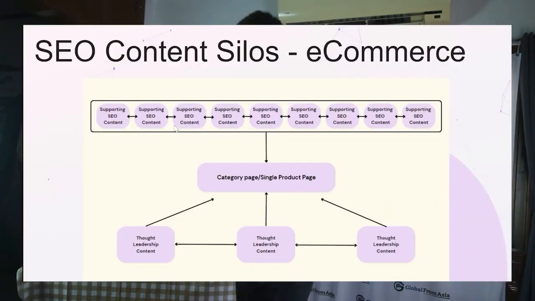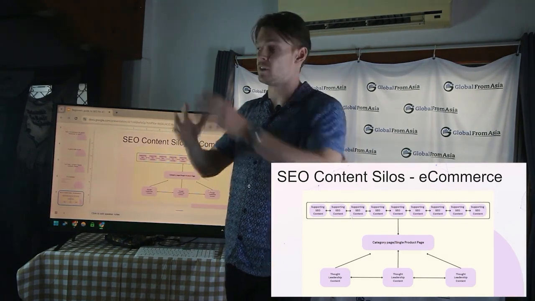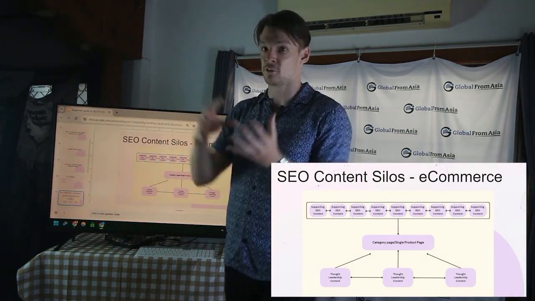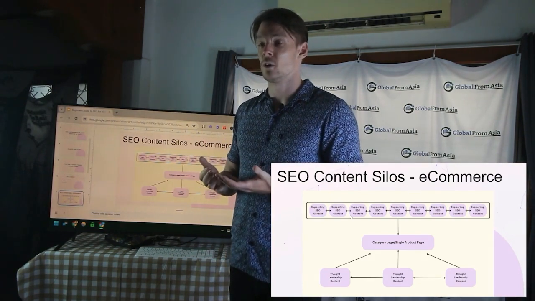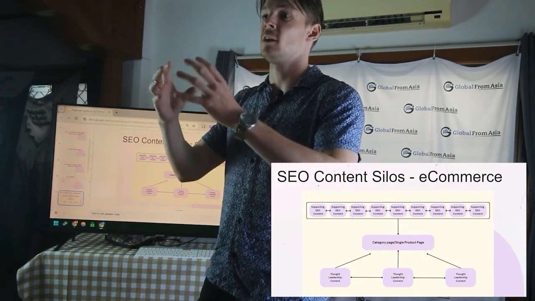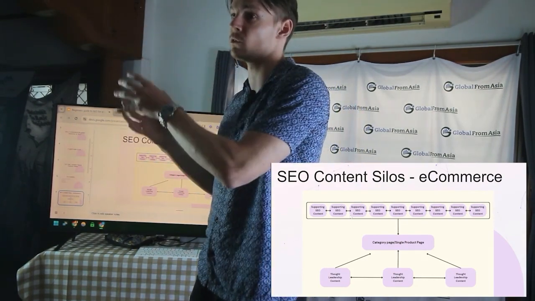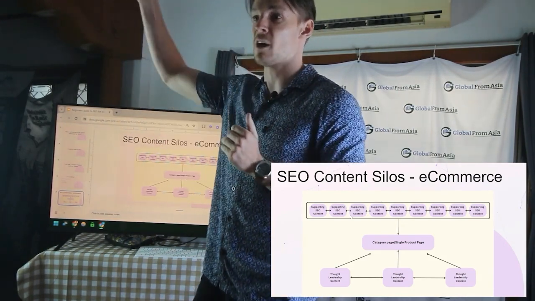Now, what we have here is a category page or a single product page. What that means is that each of these boxes refers to a page on your website. So when you're doing SEO in e-commerce, you're doing SEO either to your category page. If you have a big multi-product site with lots of different categories, you're doing SEO to the category page of your product. So let's say you're selling herbs, or, let's say clothing maybe is easier. So you might have a category page for t-shirts, a category page for shorts, a category page for shoes. These category pages, these are where you're doing most of your SEO, and you're pointing all of your efforts towards